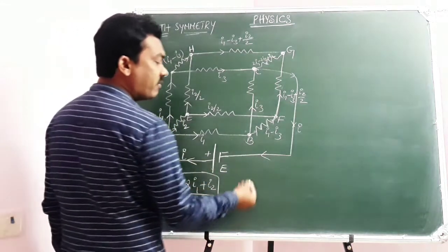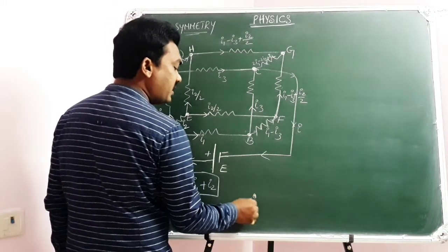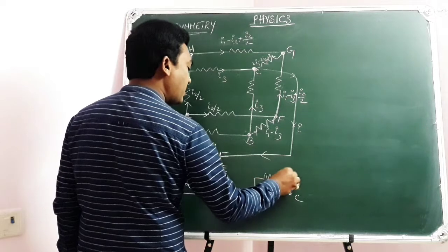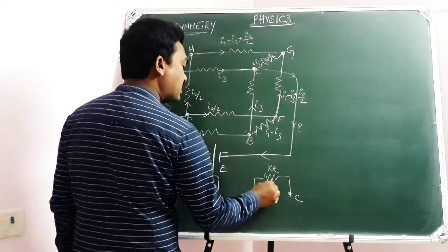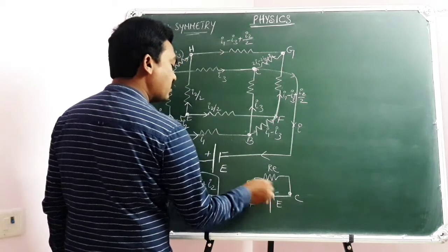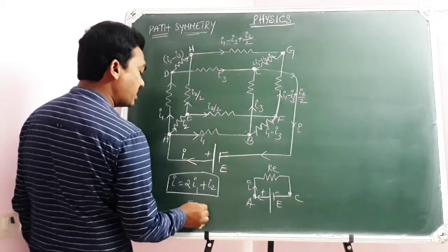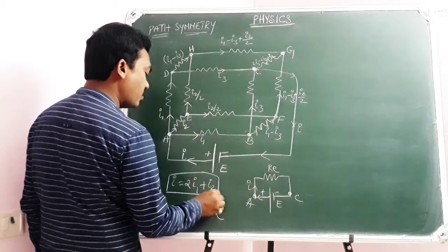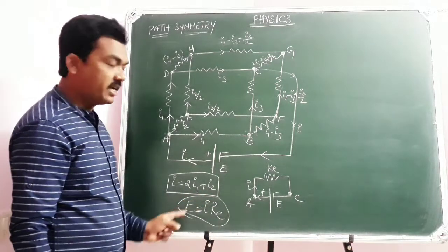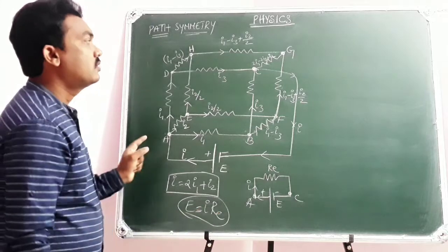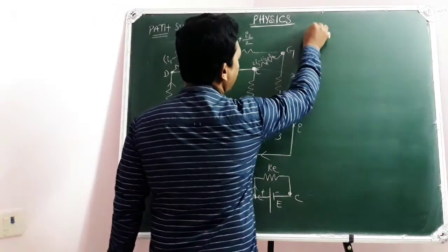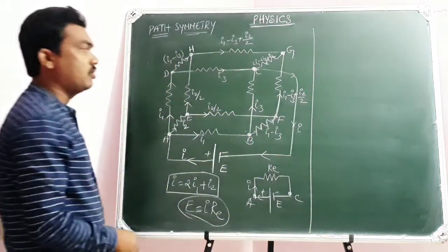Of course, if you have taken an equivalent circuit for this, between AC, if you suppose the equivalent resistance is RE across AC, a cell of EMF E is connected, you can write E is equal to I into RE. This technique you know. Anyway, I will derive the value of E in terms of I, I gets cancelled and I will get RE. So this is the division of currents first. Now we apply KVL in this electric circuit to come across the solution.